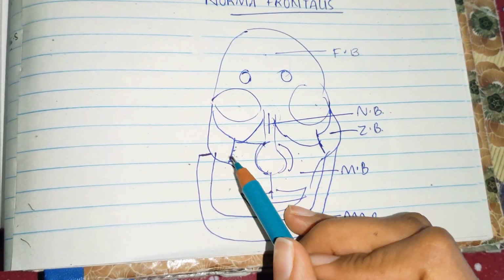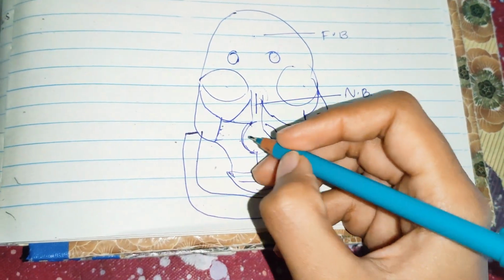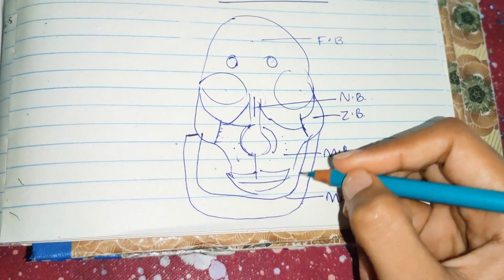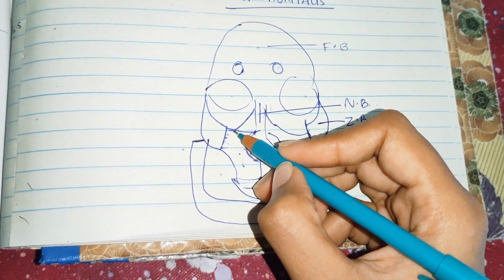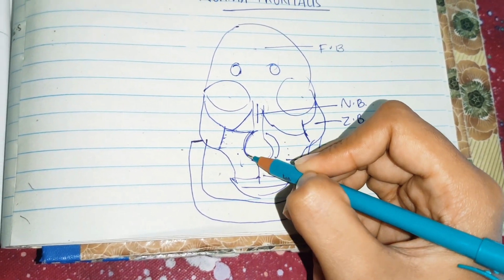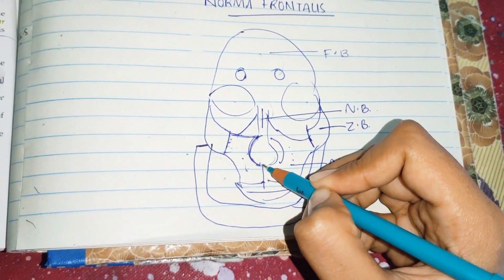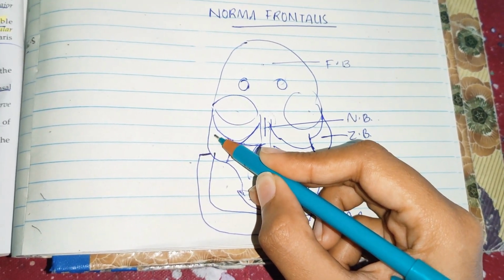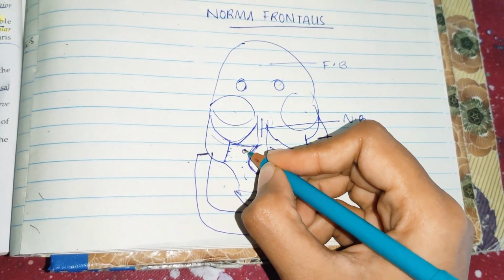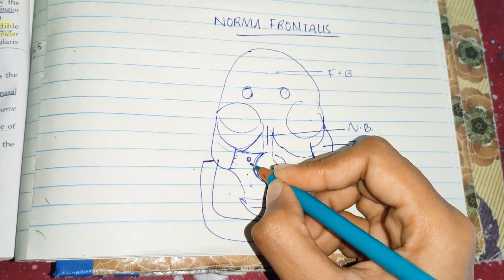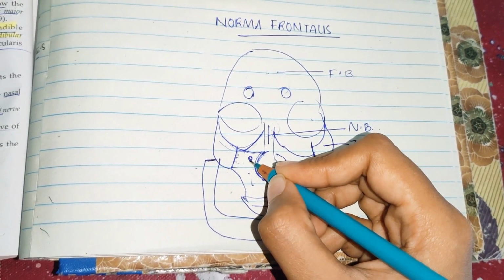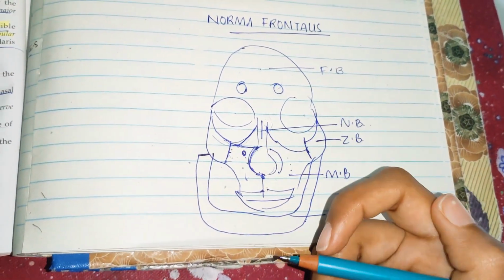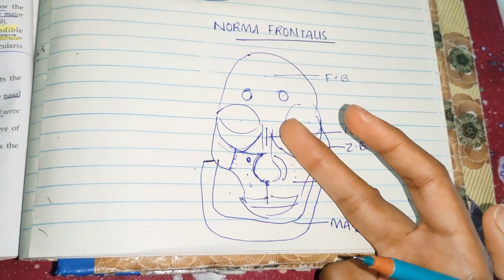Now let us understand the maxilla by this diagram. I think you have understood the original bone. So this is the maxilla. The maxilla contributes a large share in the formation of the facial skeleton. The anterior surface of the body of the maxilla presents the nasal notch medially and the anterior nasal spine, and also the infraorbital margin. It has an infraorbital foramen below the infraorbital margin, and also the incisive fossa and canine fossa. The incisive fossa is near the incisor teeth, and the canine fossa is near the canine eminence.